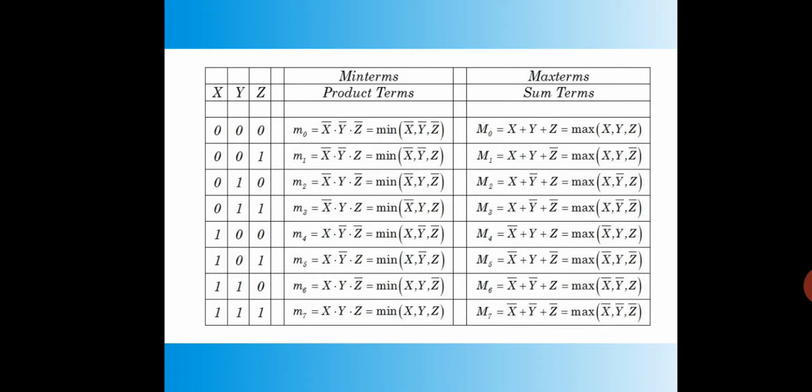You can visualize the rest of the examples also. For 001, it is again x dash dot y dash dot z for the product term, and for the max term it is x plus y plus z dash. Why z dash? Because the z value is 1, and in the product term it is just z. So you have to interchange, that's it. Ultimately you are interchanging, and by seeing zeros and ones you come to a conclusion about what to take, whether it is the complement or the general input. Based on the values of zeros and ones, you can take the appropriate decision.